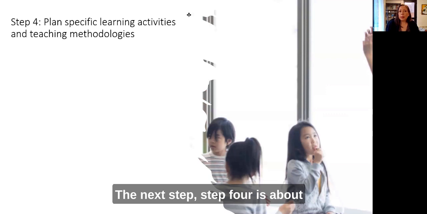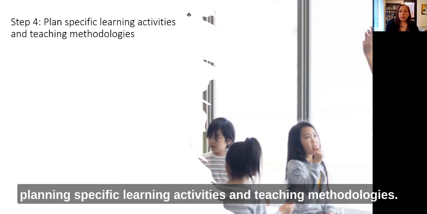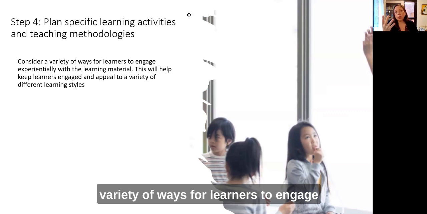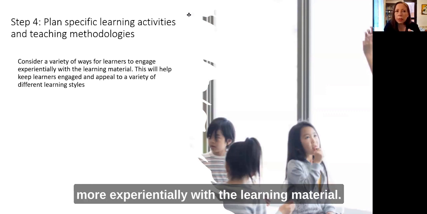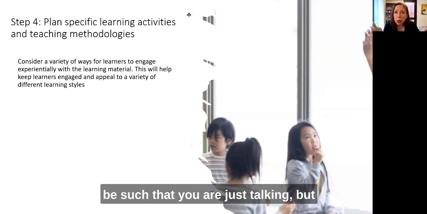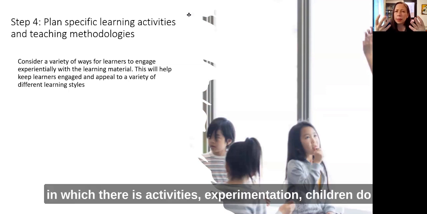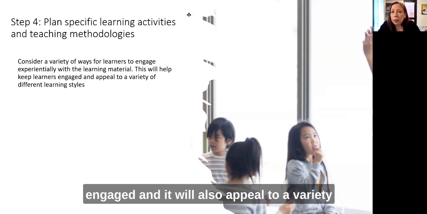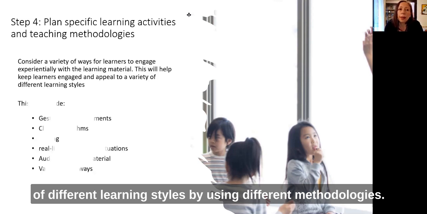The next step, step 4, is about planning specific learning activities and teaching methodologies. So here you'll want to consider the variety of ways for learners to engage more experientially with the learning material. So basically, you don't want the lesson to be such that you are just talking, but in which there are activities, experimentation, children do things, and by doing things they learn. So this will also help keep them engaged, and it will also appeal to a variety of different learning styles by using different